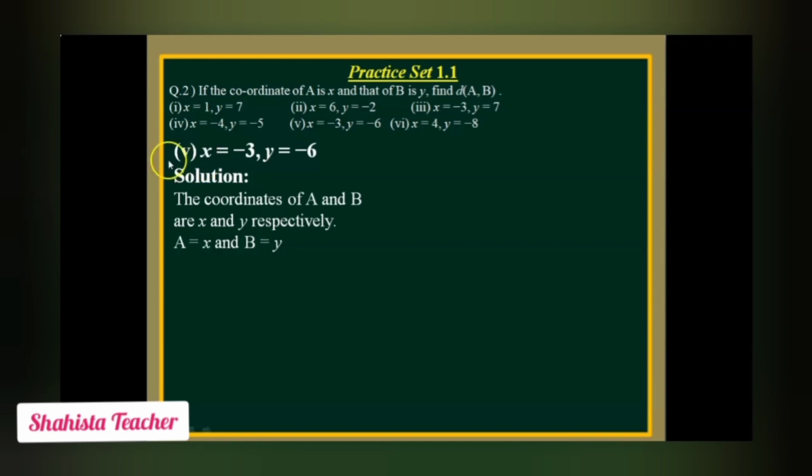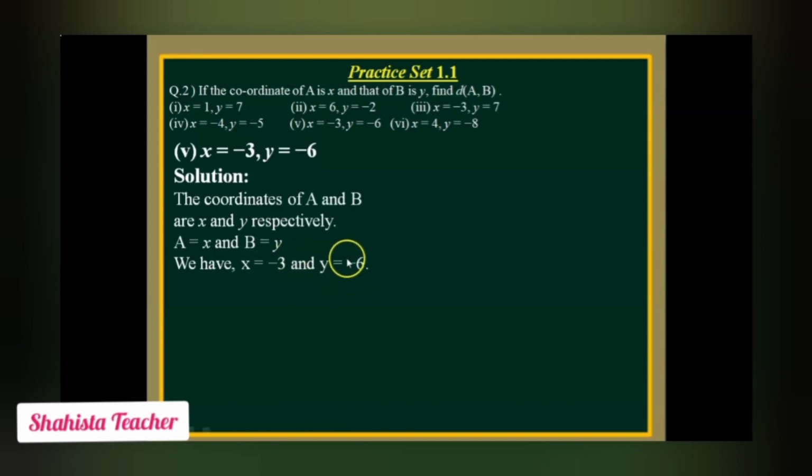Now here x value is -3 and y value is -6. So here we will put the value of x and y. So we have x is equal to -3 and y is equal to -6. After this, now which number is greater, -3 or -6? As I told you before, in minus, the numbers that are smaller are the numbers that are greater compared to other negative numbers. Now here -3 and -6. So which number is greater, -3 or -6? You are right, -3 is greater than -6.